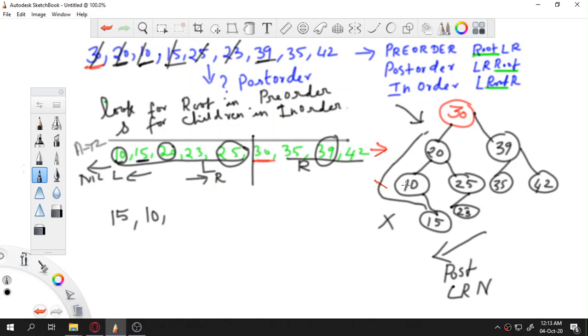After this is the left, then go to the right, but the right still has elements, so go till to the left. So here this is left and there is nil in the right. So we get to this 23 and there is nothing in the right side, so go to the root node, which is 25.